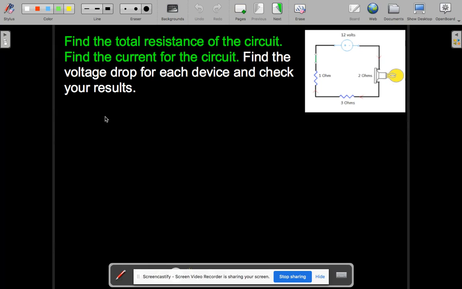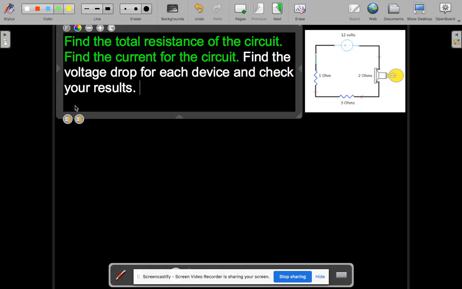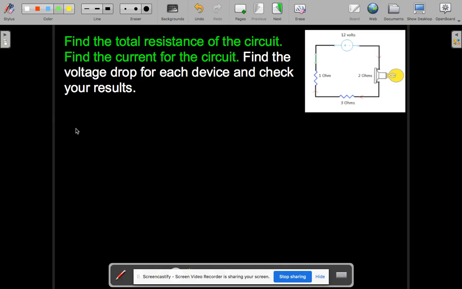It says find the total resistance of the circuit, find the current for that circuit, and then in the next one we'll find the voltage drop across each of the devices and check the results. So to find the total resistance, like we said before,